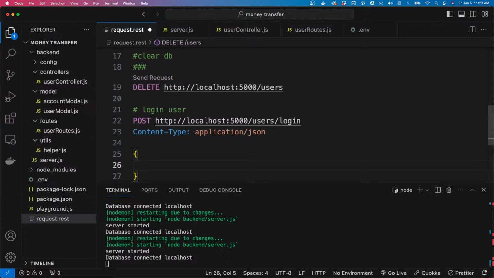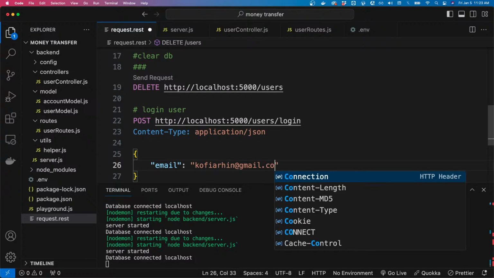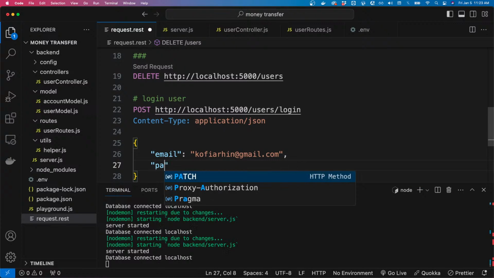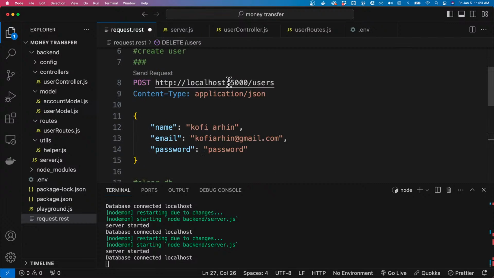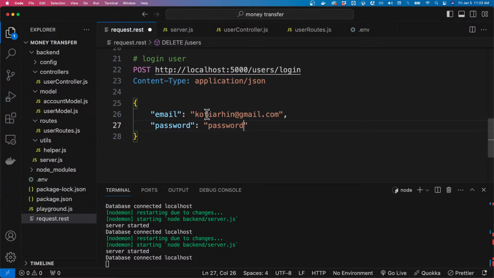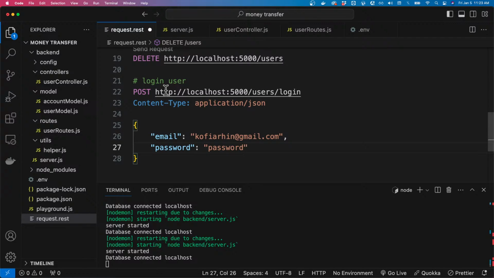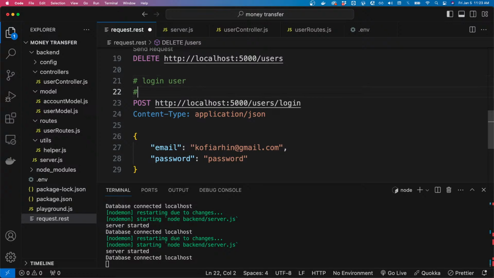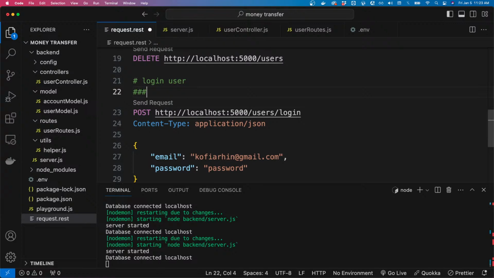Then inside the body we have an email, should be kofiahin@gmail.com, and then the password should be password. Basically we are trying to authenticate this. Okay, so moment of truth. Usually when you're trying to make a separate request, you bring in double, triple hashtags. Then we send the request,